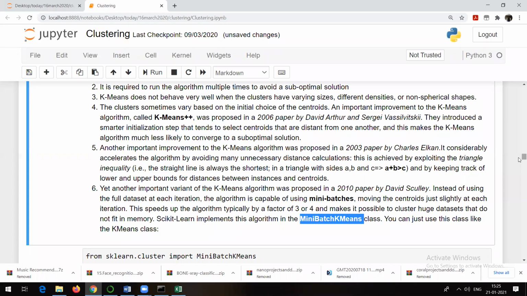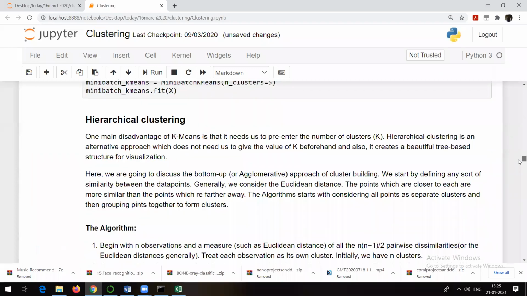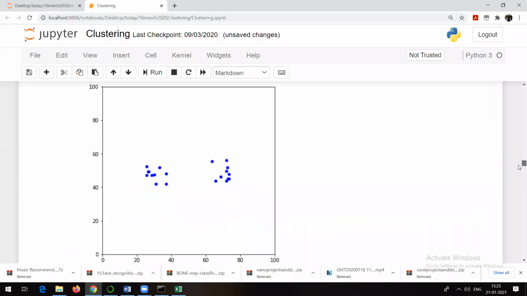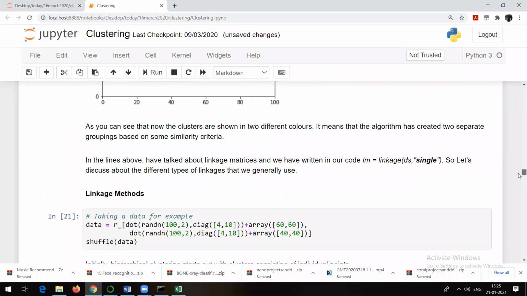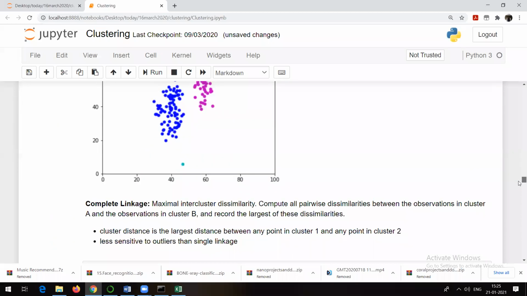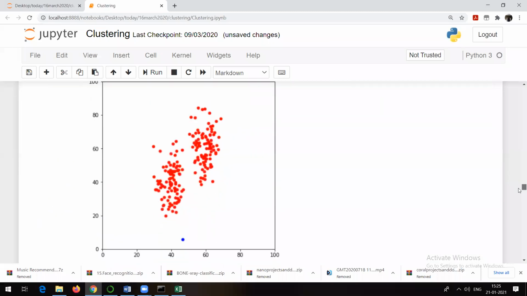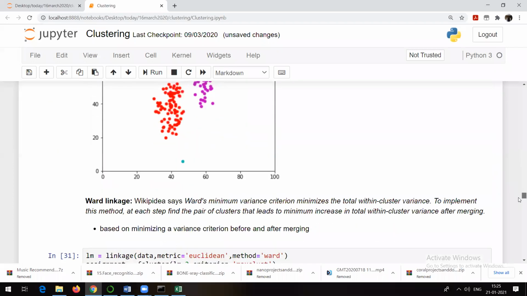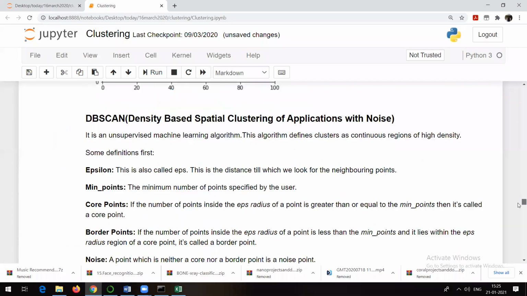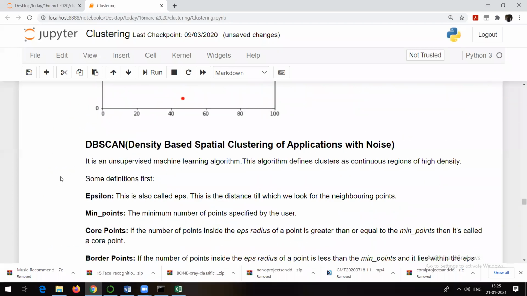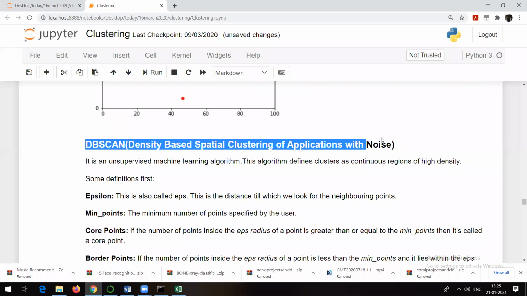Talking about the remaining things, they are not mentioned in your syllabus, so I will not discuss all these things. There are other variants also. For example, I talked about the DBScan algorithm, which is also a good algorithm for clustering: density-based spatial clustering of applications with noise.